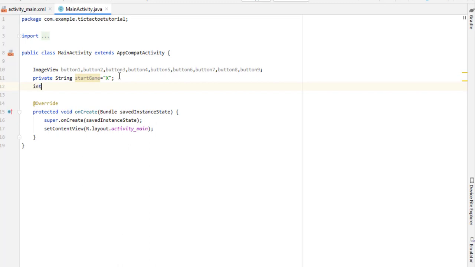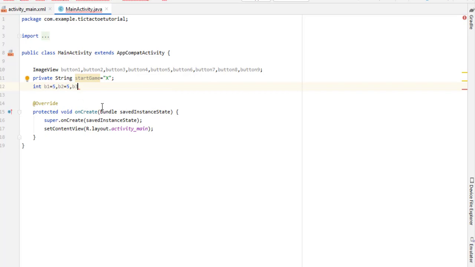Now declare a variable of int type. I type int and give the variable name b1. Inside this I assign the value 5. You can assign any value but don't assign 1. You can assign 2, 3, 5, 10, it is your choice. Now I need 9 variables like this: b1, b2. Later I will tell you the working of this.